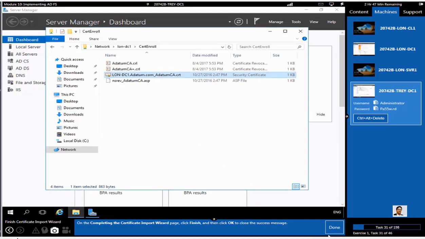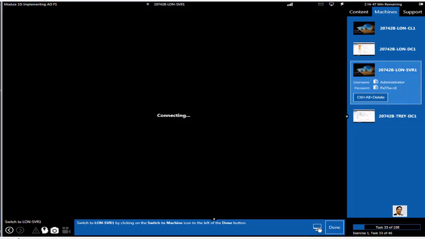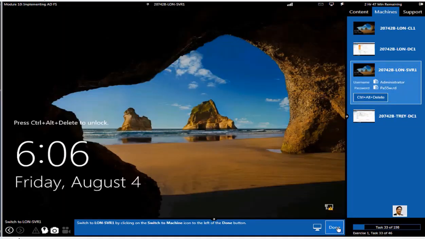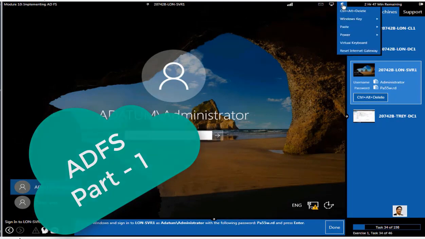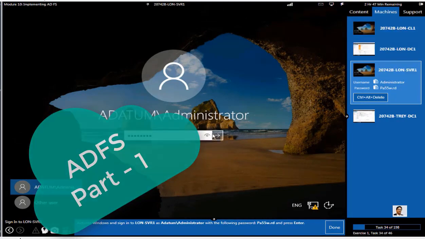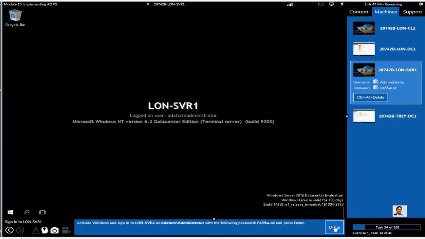Okay, so this part has been completed. So far we established a two-way transitive trust. We created conditional forwarders on each side of the domain. We need to add now a host record in our DNS servers, but that part can be done later on. This is a member server,